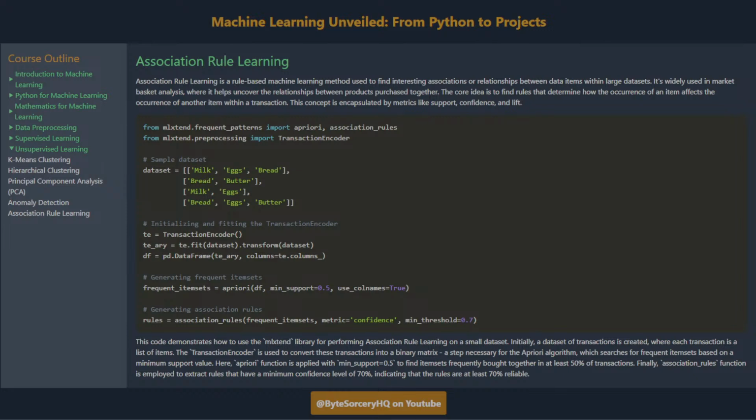Here, the apriori function is applied with min_support of 0.5 to find item sets frequently bought together in at least 50% of transactions. Finally, the association_rules function is employed to extract rules that have a minimum confidence level of 70%, indicating that the rules are at least 70% reliable.